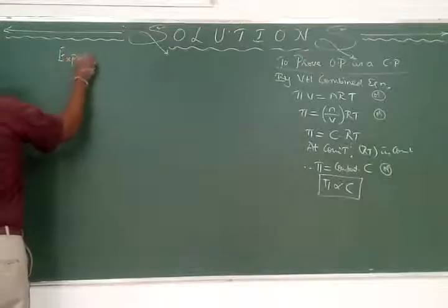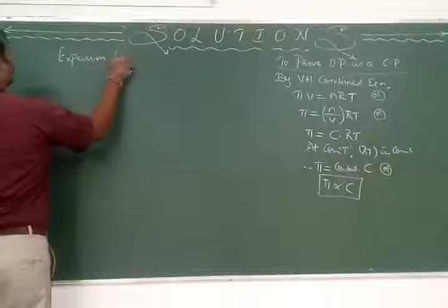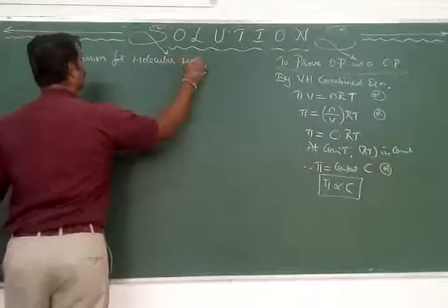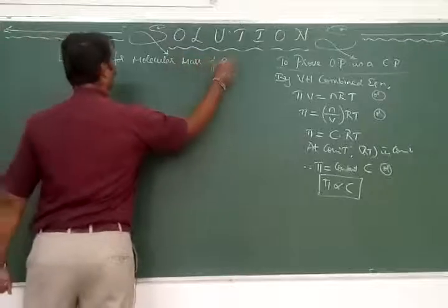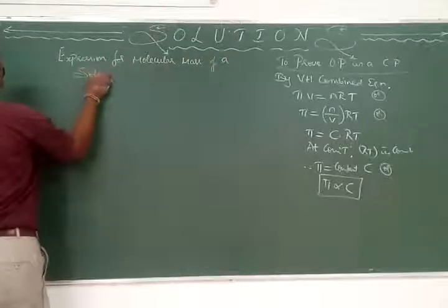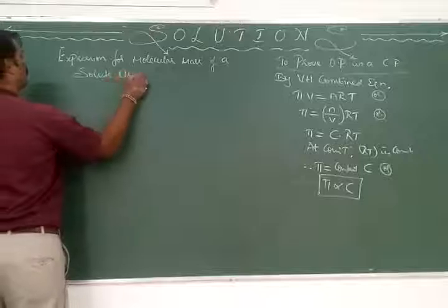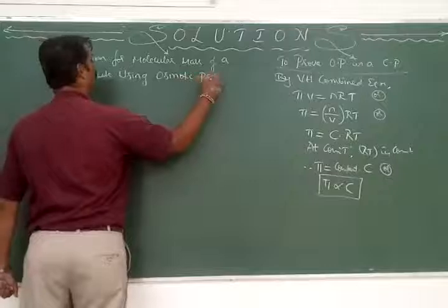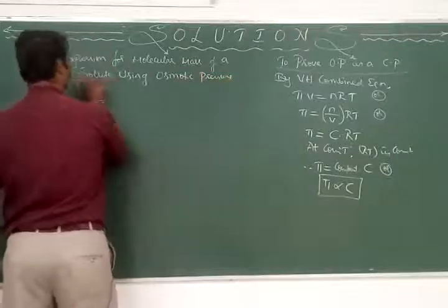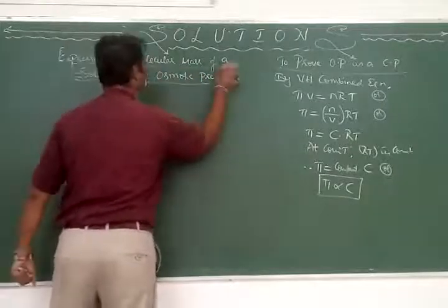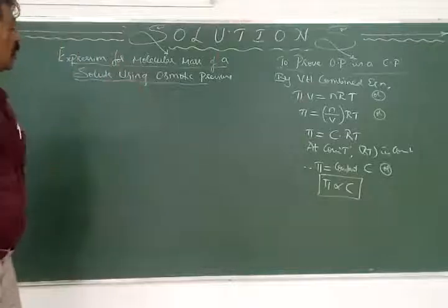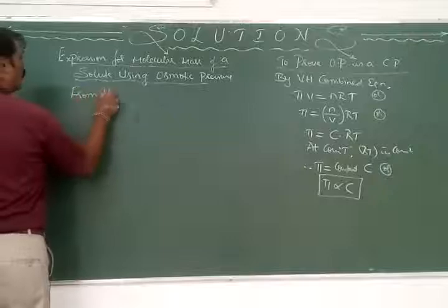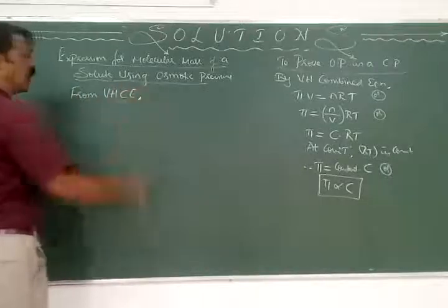Next we will have the expression for molar mass, or it is also called molecular mass, of a solute using osmotic pressure. Using what pressure? Osmotic pressure. With the help of osmotic pressure, we have to prove that it is an example for a what? Colligative property. So here, from Van 't Hoff's CE, means Van 't Hoff's combined equation,